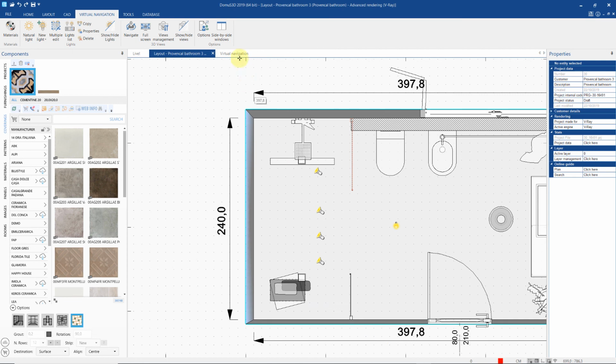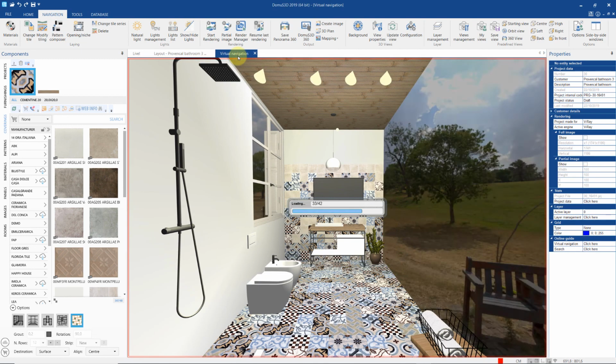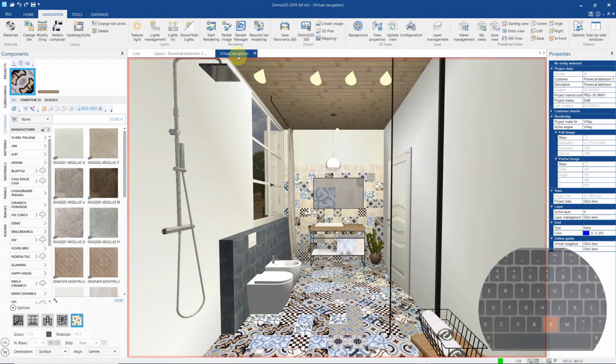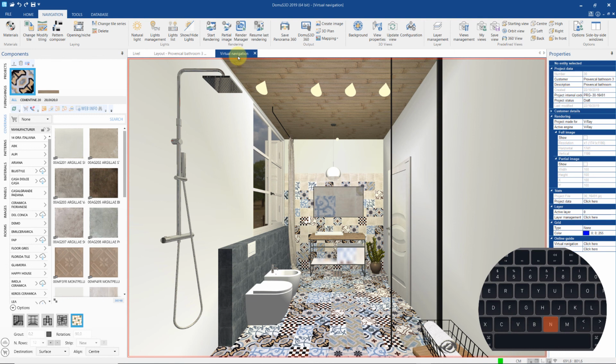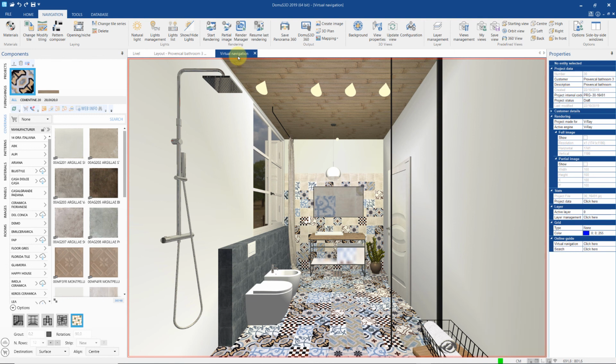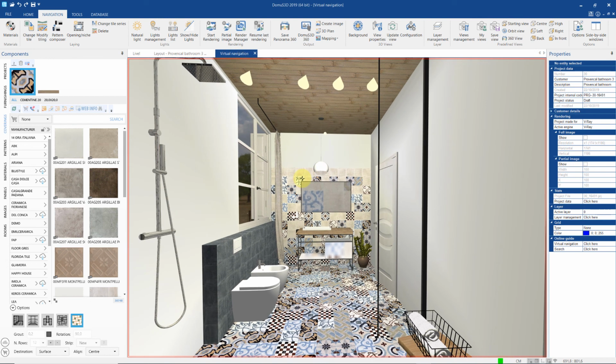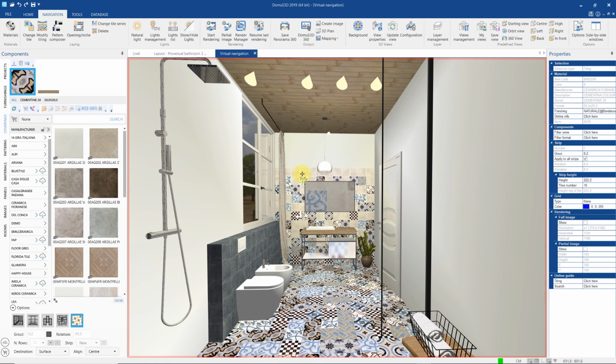Once we find the exact point that we like, we can normalize our viewpoint by hitting the N key, aligning our vertical perspective lines. We recommend this action because it generally renders the image more realistically, avoiding distortions of the objects in the scene. Before we save our viewpoint, we want to first go to View Properties to change the